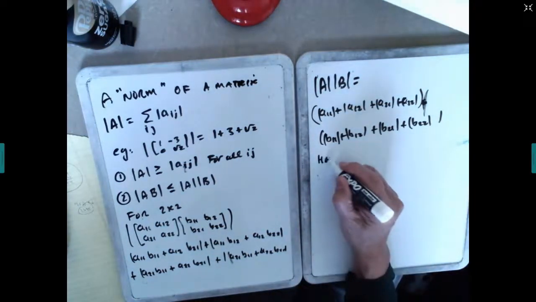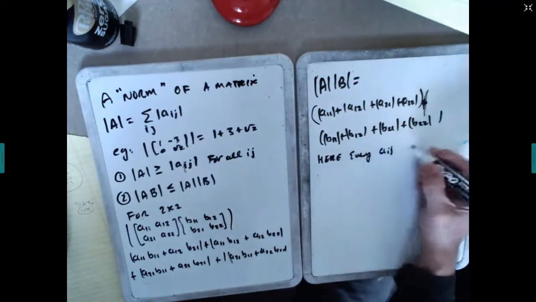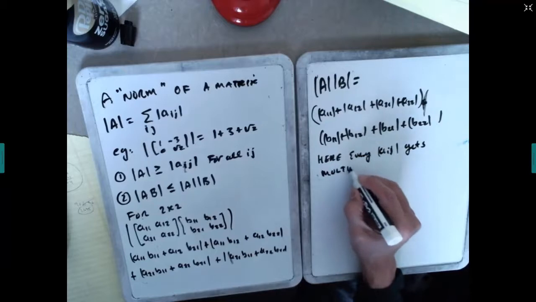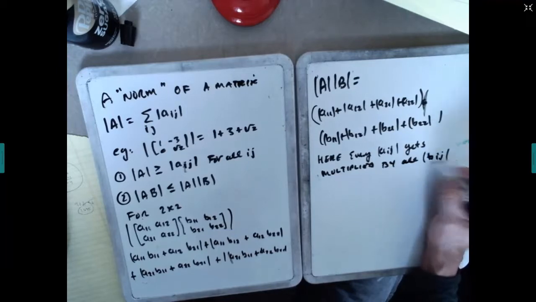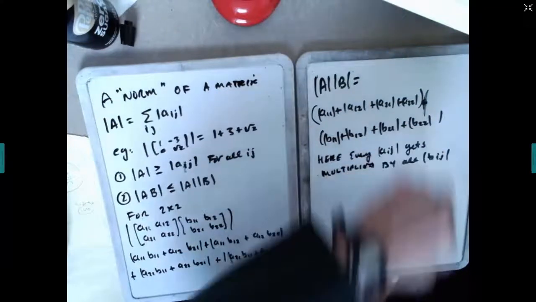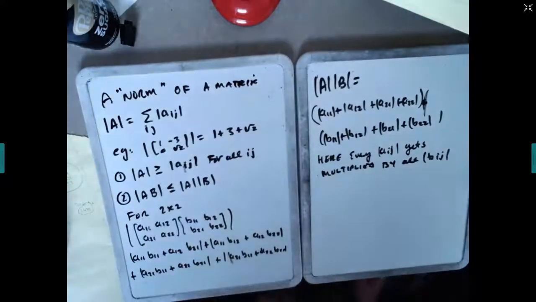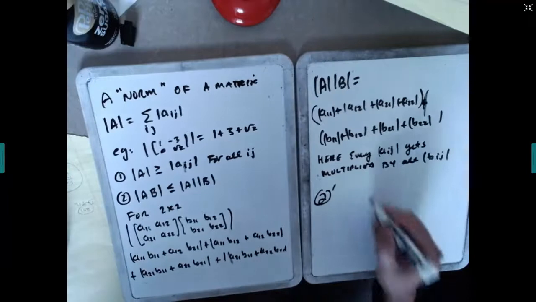So here, every entry Aij gets multiplied by all Bij, not just select ones. So you have every product that you have here as an absolute value, and you have more products, more additions of possibly positive or non-negative numbers. So in fact, this is fairly clear. So then what that basically tells you, and I'm going to call this 2 prime, is